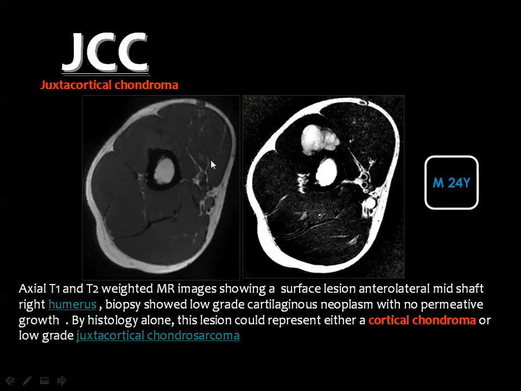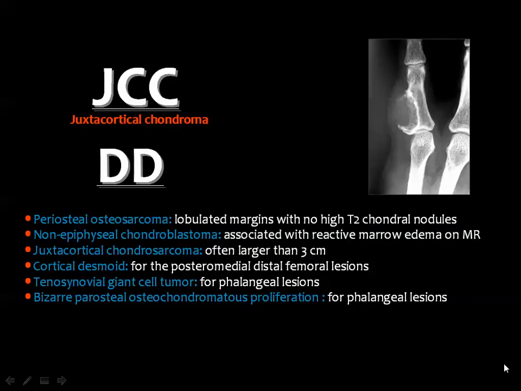Then you see a lesion which is of low signal in the T1, bright signal in the T2 weighted image in a male patient 24 years old, which may suggest the possibility of cortical chondroma or chondrosarcoma. And in most of these cases, biopsy should be taken to reach the final diagnosis. The differential diagnosis of juxtacortical chondroma include periosteal osteosarcoma,